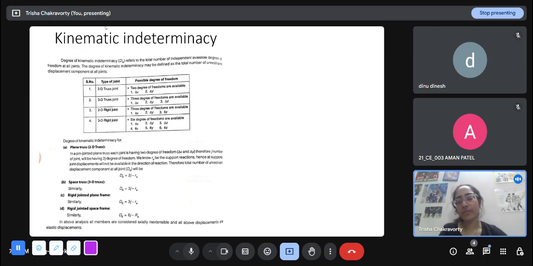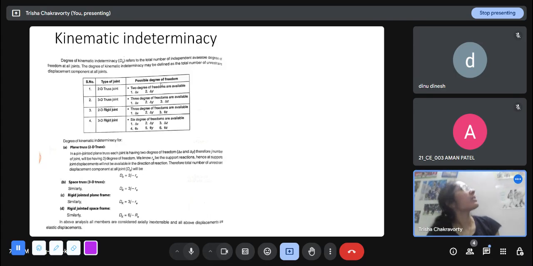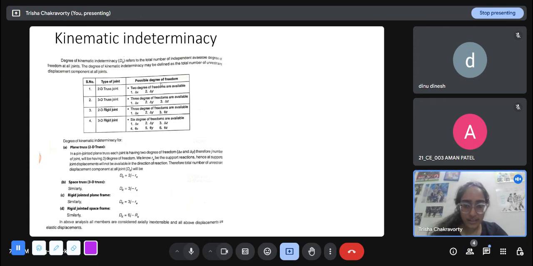So let's see, in each type of joint, what are the possible degrees of freedom we have. In a 2D truss joint, there are two degrees of freedom available: delta x and delta y. This is what we have also seen when we solved the displacement in a truss using the unit load method in week 3. There, at every node we got an x displacement and a y displacement. Again, as I keep saying, x and y are not just horizontal and vertical axes. There can be any two mutually perpendicular directions. So in a 3D truss joint, there are three degrees of freedom available: delta x, delta y, and delta z. So again, three mutually perpendicular directions which define the 3D space.